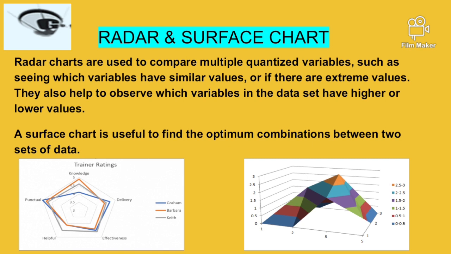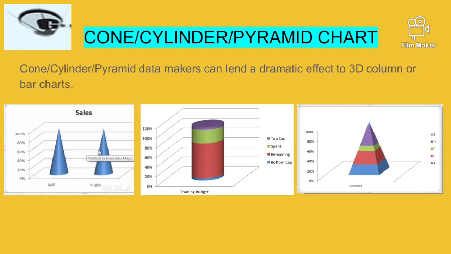in which each line is joined with a particular city from where the plane will fly and from where it will pass to another city or country. The same is the surface chart. It is a 3D version of the area chart. It represents the three-dimensional view of the area chart.